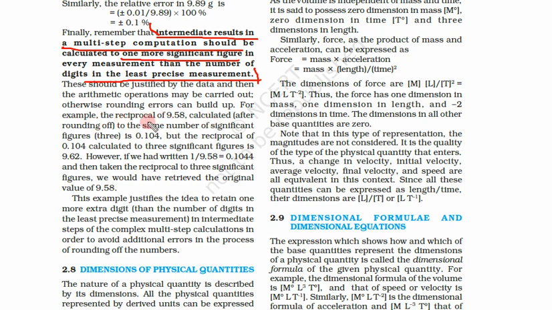They have shown this with the help of a simple example. Suppose we take the reciprocal of 9.58. This has three significant figures. Reciprocal means 1 upon 9.58. When we reciprocate this number, we should get 0.1044. Now we again use the rule that we must hold the significant digits only. So we can use this number, 0.104.